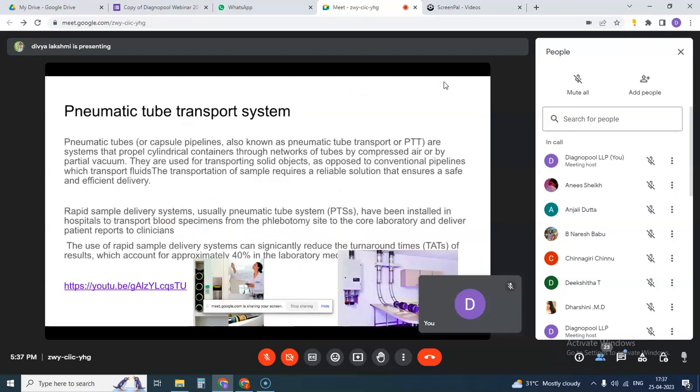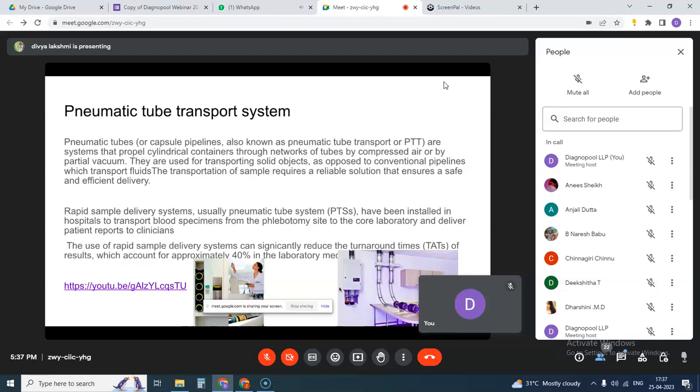Next is the pneumatic tube transport system. This again is not used in all kinds of labs, only in big tertiary level hospitals. Pneumatic tubes are systems that propel cylindrical containers. This is basically used in the phlebotomy section to deliver the samples to the laboratory when the phlebotomy area or the sample collection area is far away from the